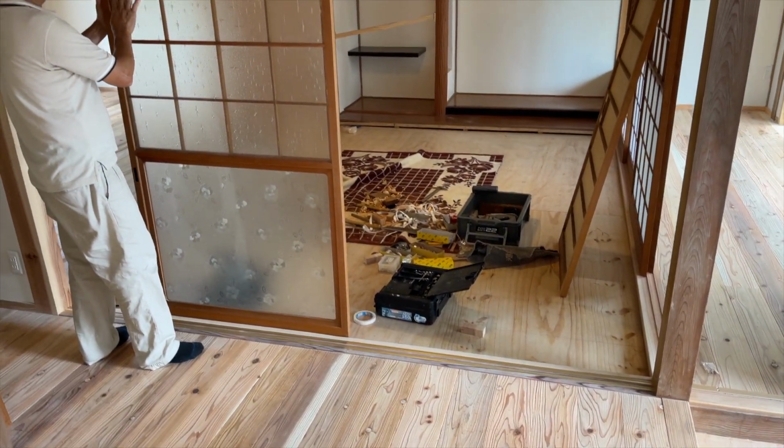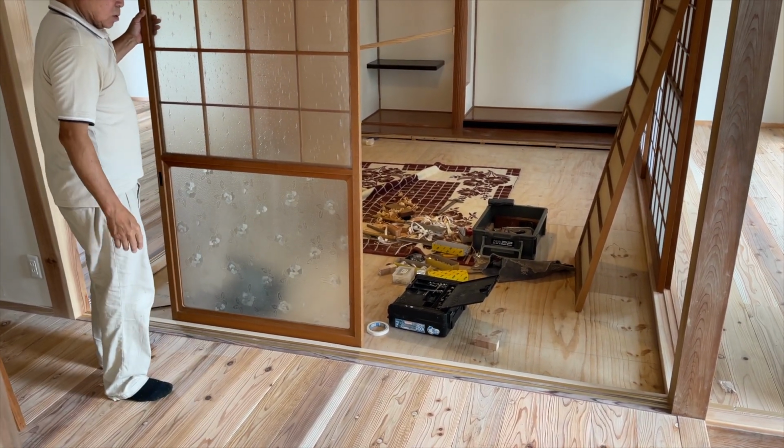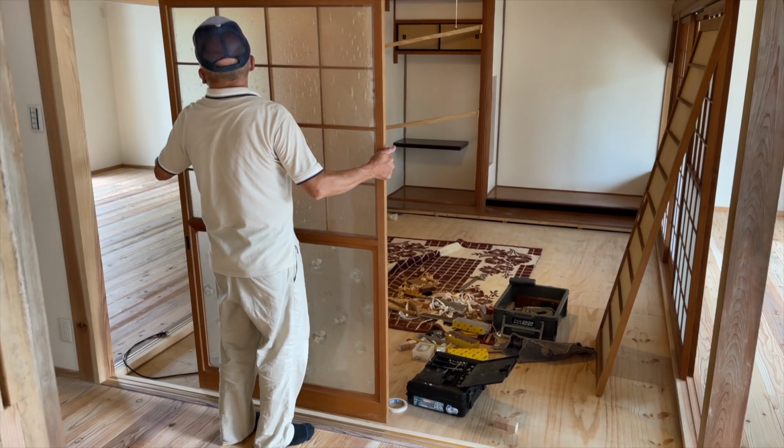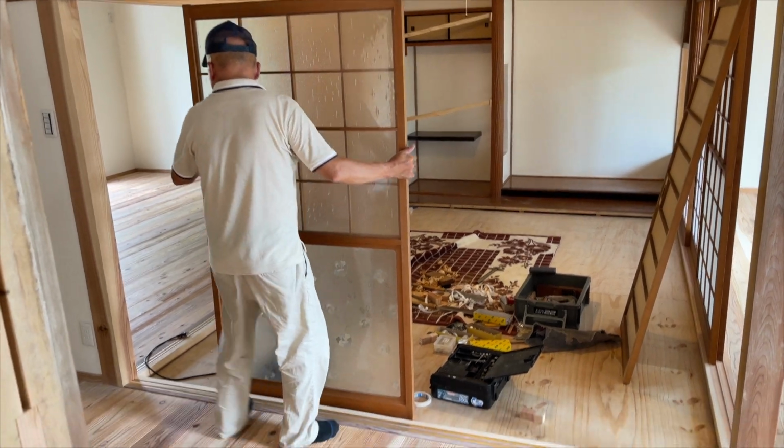Yeah, so I was just talking to him. He's been doing this for 47 years. And actually when they built this house, he was saying that he was too young for it. So, and then also we're talking about